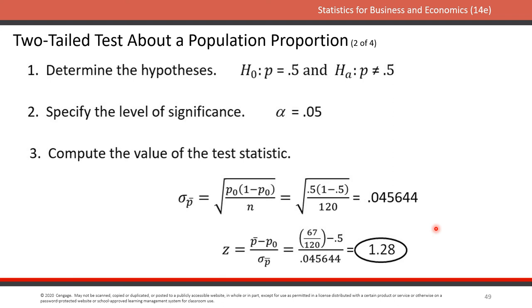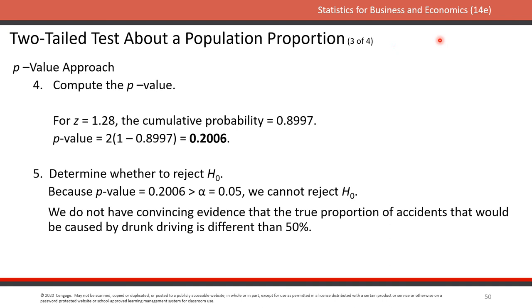So using the p-value approach for 1.28, we've got our curve, we've got 1.2 at the top. Now it's a two-tailed test, so I'd find the area more extreme. So more extreme would be further away from the middle, so on the upper end. So I'd find that area. That area would be about 0.1003. And then I would multiply that by 2 because this is a two-tailed test, and to account for the fact that it could have been on the lower end too. So my 0.1003 multiplied by 2 gives me 0.2006 for my p-value. Using this cutoff level of 0.05, I find that this p-value is above 0.05,